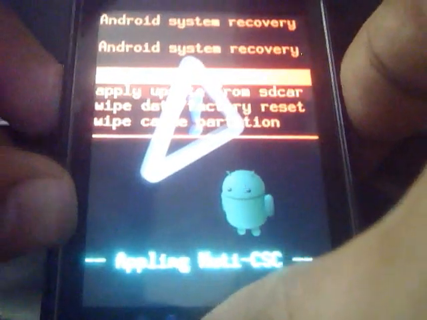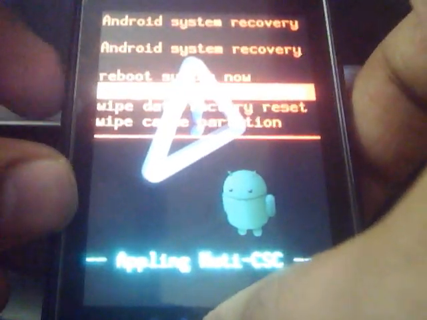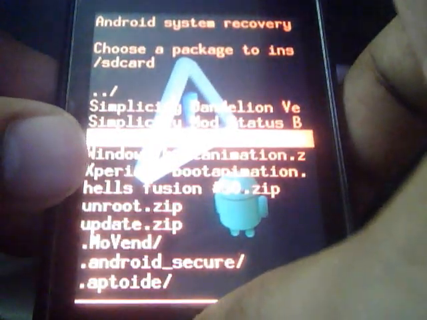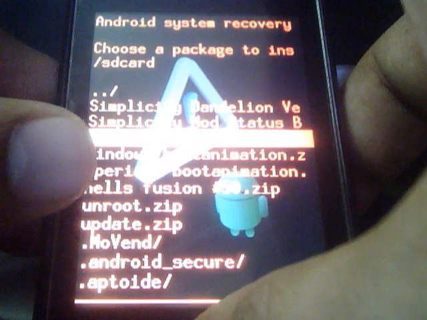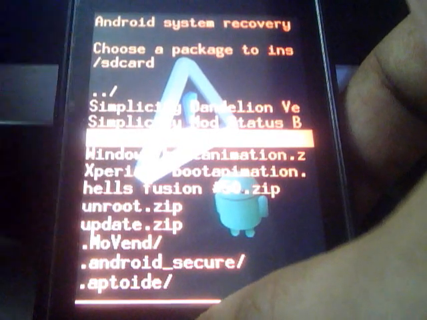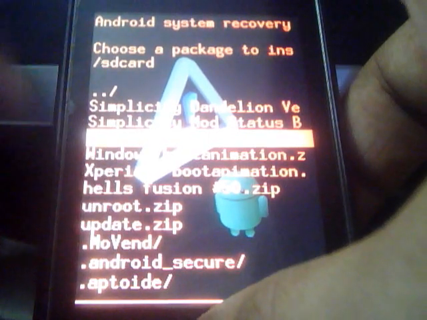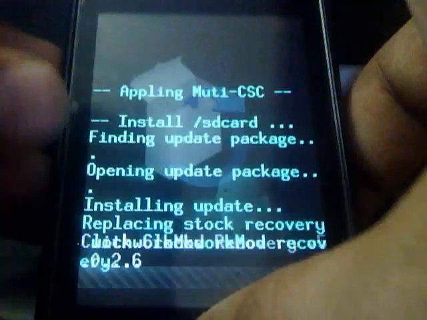Okay, now we are in the recovery mode. Stock Android recovery. Simply apply update from SD card. Then choose the clockwork mode file. I recommend you don't flash the status bar through Android stock recovery. Just flash it via clockwork mode.